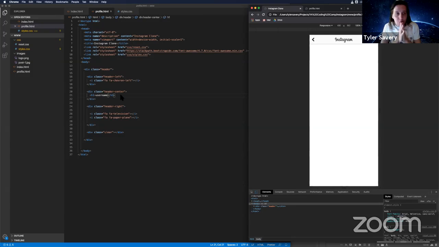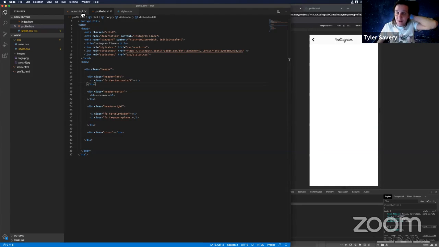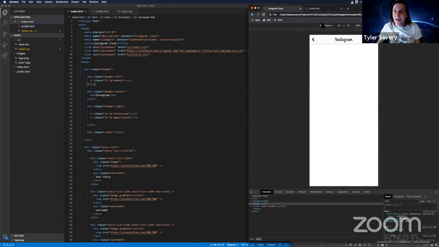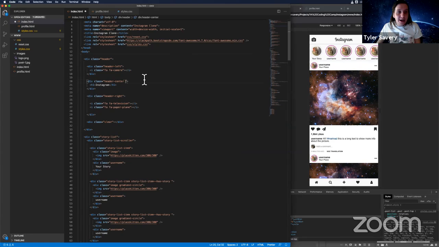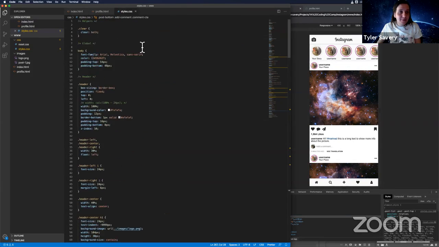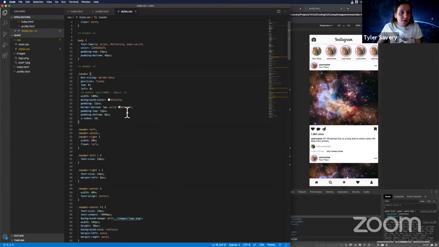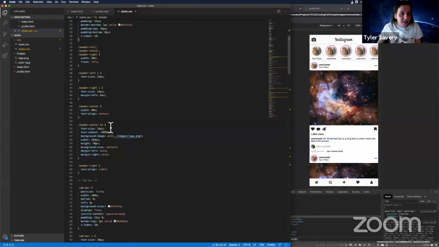So what we need to do is make a different class for this, or at least augment the class. I'm going to go back to our original page, and in my header, I'm going to add a secondary class called header with logo, like that. That on its own won't change anything. But if we go to our CSS and look for the header,